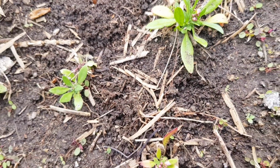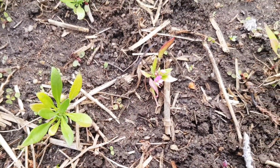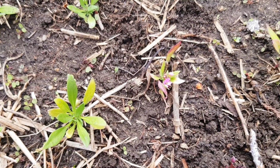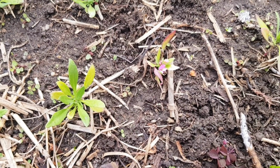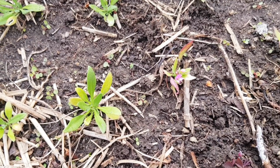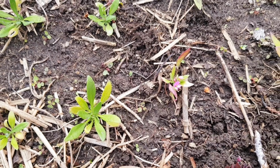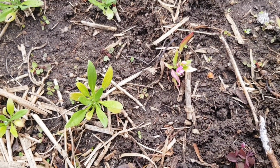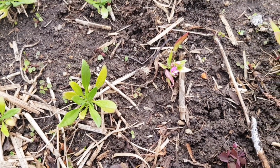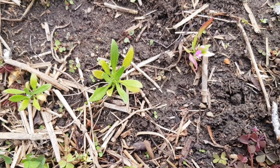Now, I started this somewhere around the middle of January, and what I did first is I had to stratify the seeds. As a matter of fact, it turned out that the seeds of sweet alyssum are quite easy to sprout, because when I planted them, what I did to stratify them, I wanted to use the cold weather outside, but